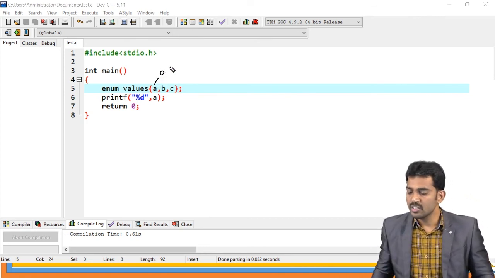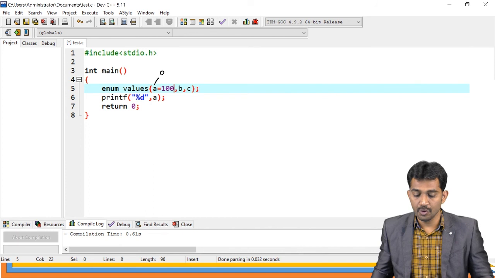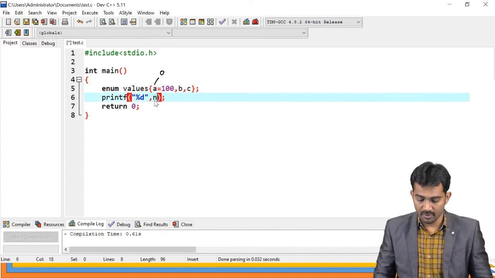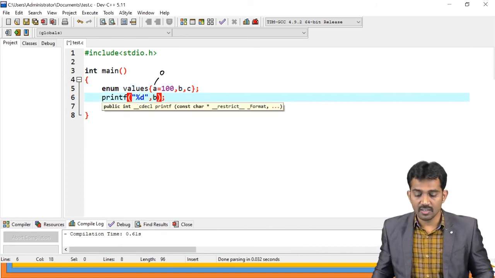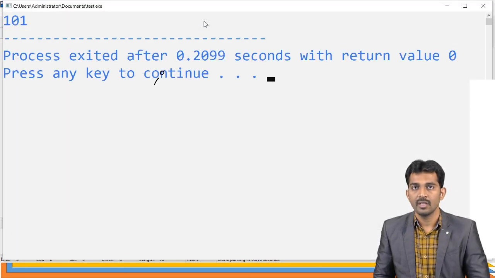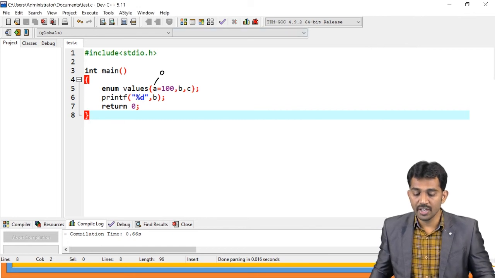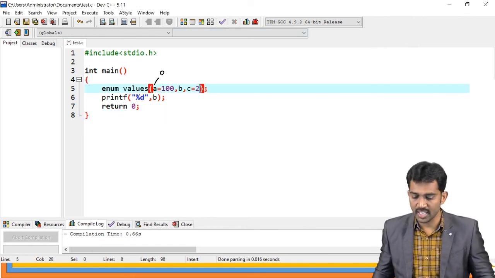For example, sir, what happens if I want to change the value to 100? See, if you use 100 here and if you print the B value, it is going to increment from 100 onwards. See, 101, yes or no? Yes, sir. If you want, you can use this value as 2 also, as you wish.